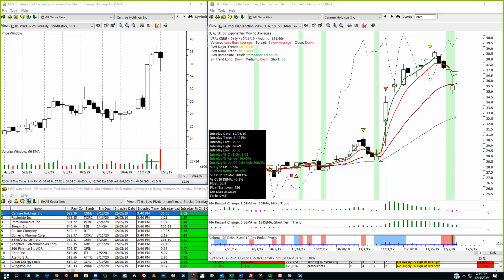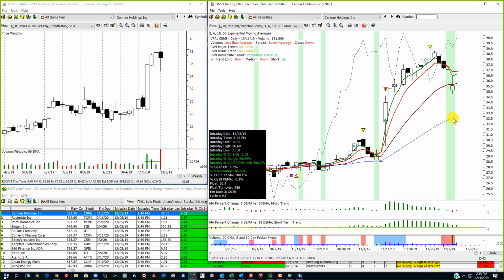Who's not familiar with float turnover? If a stock's float, the number of shares outstanding, turns over rapidly, it means there's a lot of interest in that stock. I guess everybody is pretty familiar. Okay, Perry, I'm going to talk a little bit about float. Now, I guess the best example of float turnover right now, and I'm going to go to a different chart,